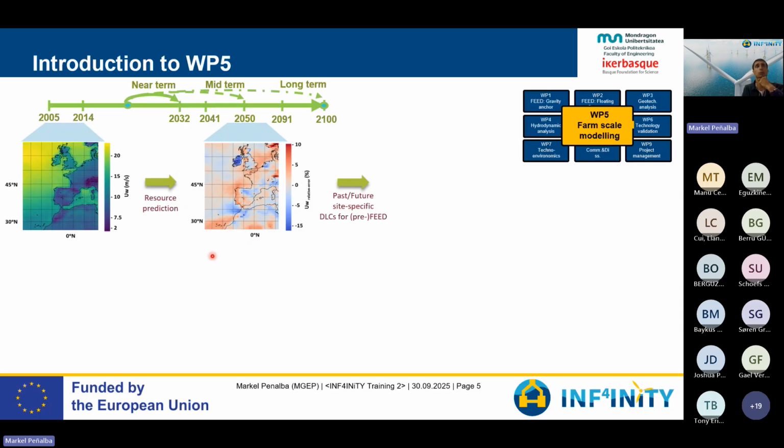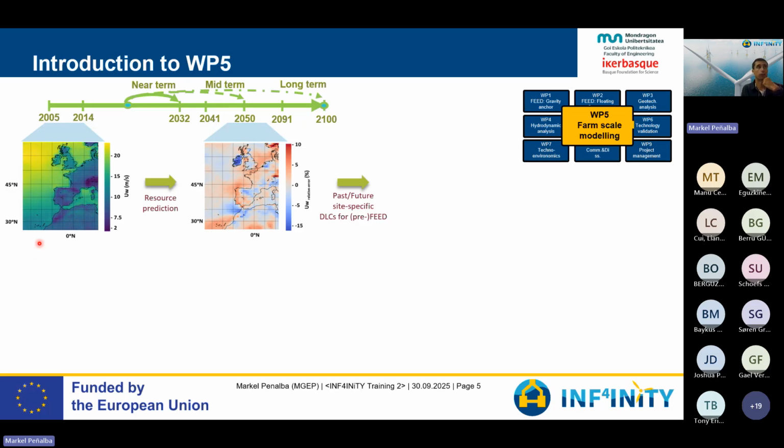And by current and future, what I mean is that we will characterize the 3 areas of study that Gael introduced: the Adriatic Sea, the Scottish Sea, and the Baltic Sea. So we will characterize them based on the past or historical dataset, which is the most common thing. Basically, consider 10, 20, 50, or 100 years from the past and characterize wind, wave, current, sea level, etc., characteristics